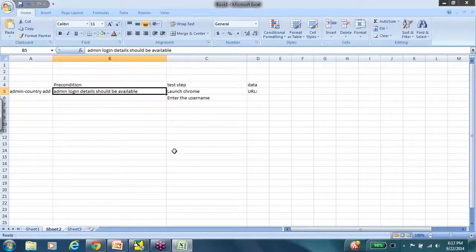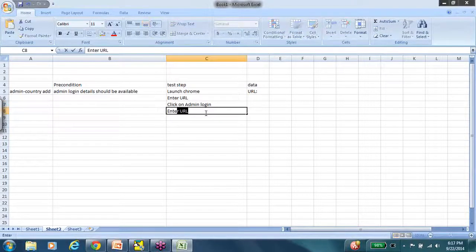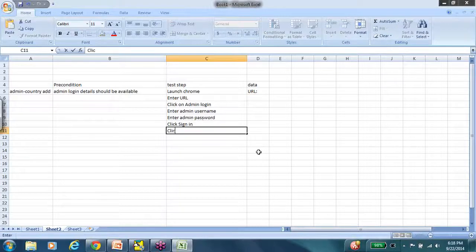So precondition may or may not be static. You will reap the best benefits of this column if you keep it dynamic, if you use it for dynamic text. And here's what I mean. So launch Chrome or any other browser to that effect, enter the URL, and then click on admin login, enter admin username, enter admin password, click sign in. So once the sign in happens, click on add country, enter the country name,